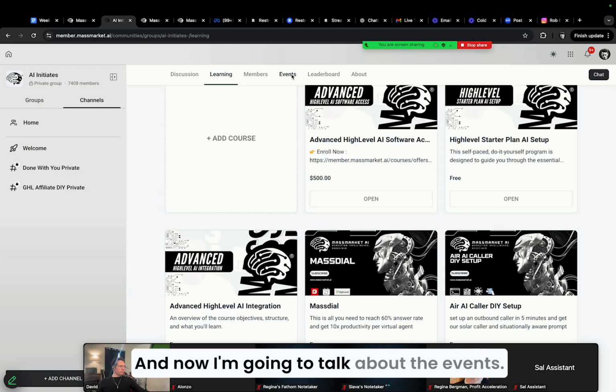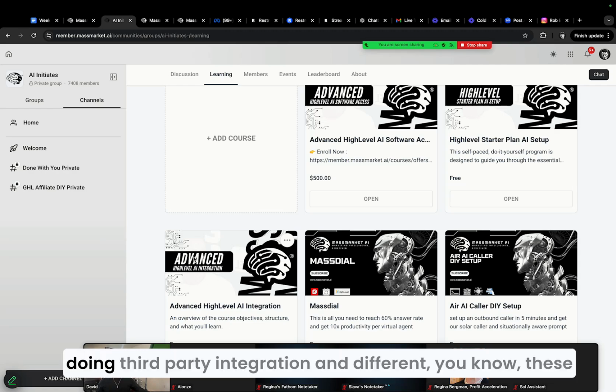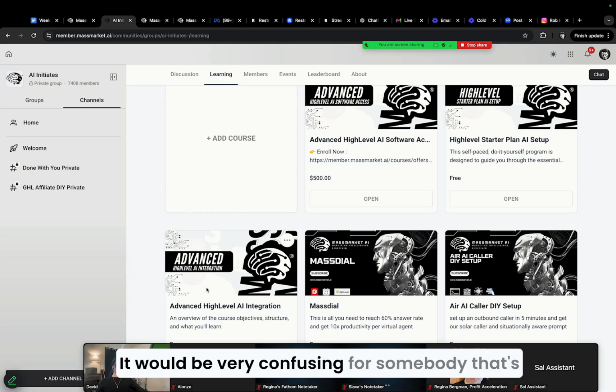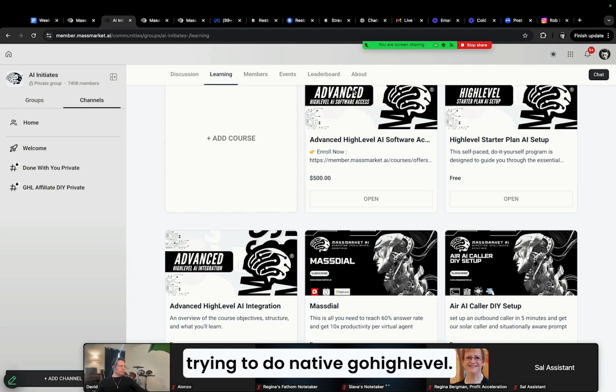And now I'm going to talk about the events. So we have our coaching sessions broken down to give people support where they're at. If we're talking about APIs and third-party integration, these different systems have different ways you set them up, and it would be very confusing for somebody that's trying to do native GoHighLevel. And so we have it divided up into